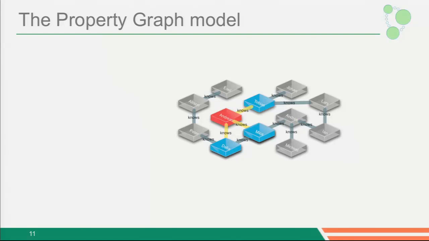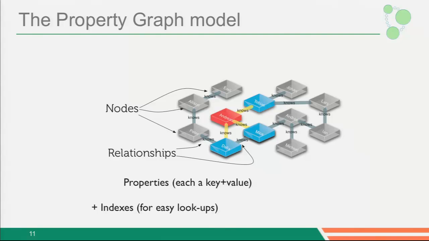So a graph database like Neo4j works with a data model called the property graph, which has three fundamental abstractions. It has nodes, and it has typed relationships between nodes. Typed relationships, this is important. The fact that I work with Michael is different from I am a friend with Michael. Both can be true at the same time, but they're not necessarily the same. So the fact that there's a type between two nodes is very important. And then we have properties, key value pairs that we can attach to both nodes and relationships. As a bonus, we have indexes because we also want to be able to find a starting point in the graph so that we can traverse.